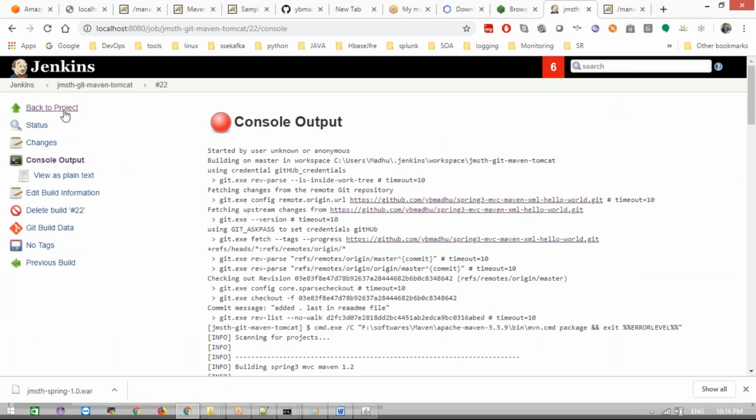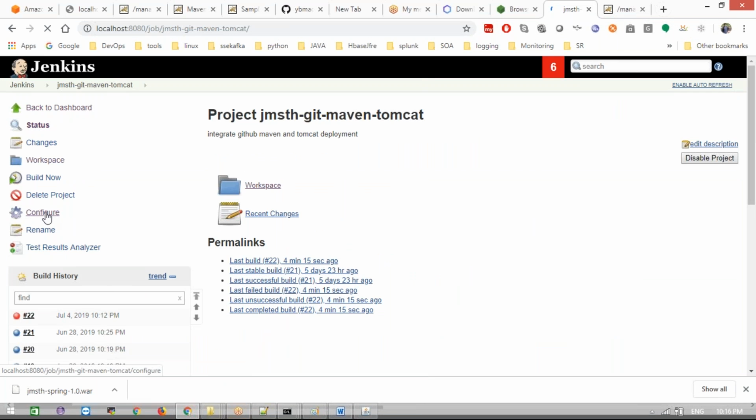And go to Jenkins again. I'm going to show you the configuration one more time.